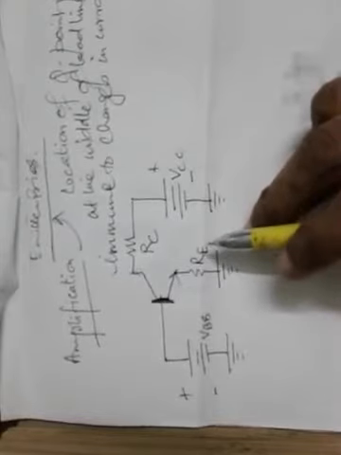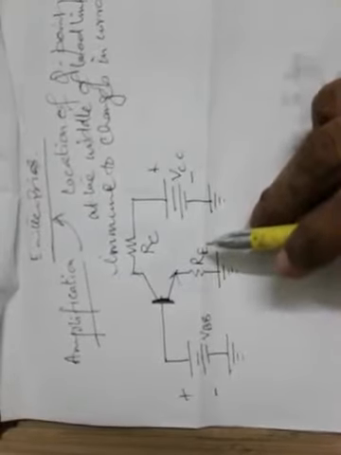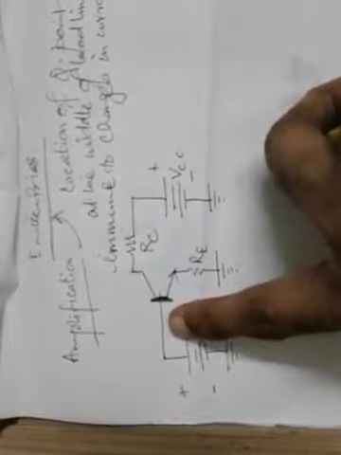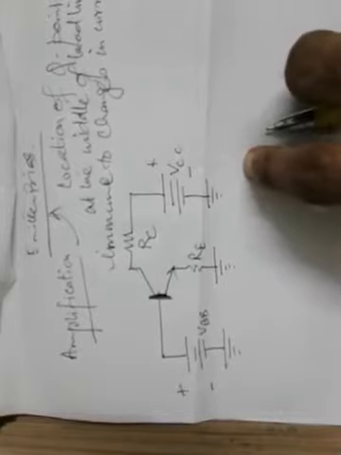Now we can write, considering the input loop, the first equation. By moving the bias resistance from base to the emitter, we can ensure that the Q point will lie near the middle of the load line, and it will be immune to the changes of current gain beta. Now the emitter is no longer directly grounded. In this case it is above the ground, and there is a resistance between the emitter terminal and the ground.